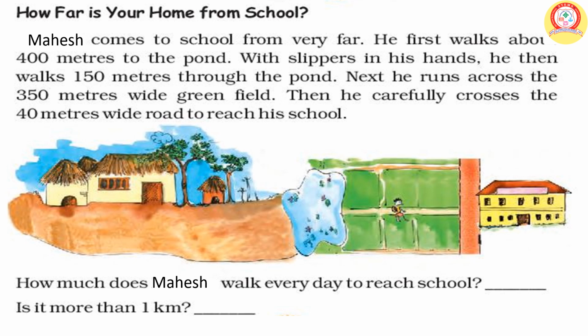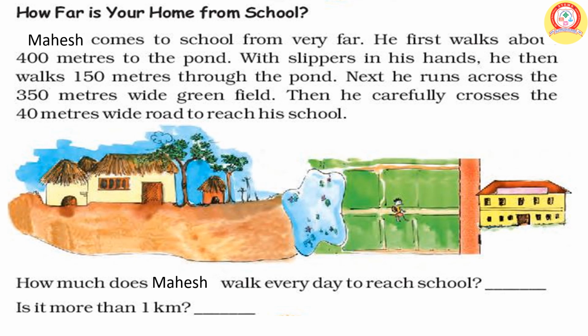Page number 20, next activity. How far is your home from school? Mahesh comes to school from very far. He first walks about 400 meters to the pond. With slippers in his hand, he then walks 150 meters through the pond. Next, he runs across a 350 meters wide green field. Then he carefully crosses the 40 meters wide road to reach his school. How much does Mahesh walk every day to reach school? Is it more than 1 kilometer? So